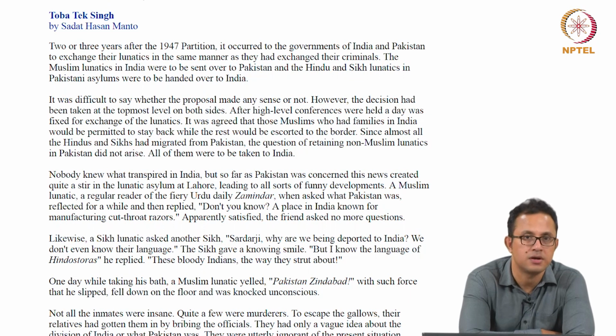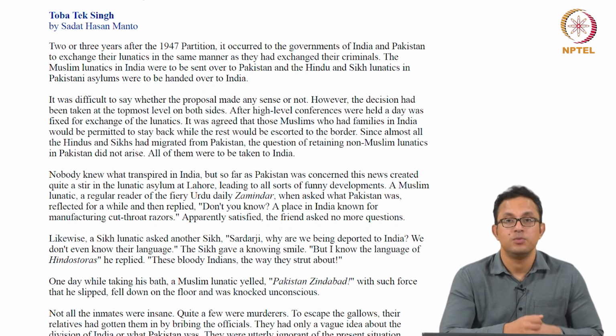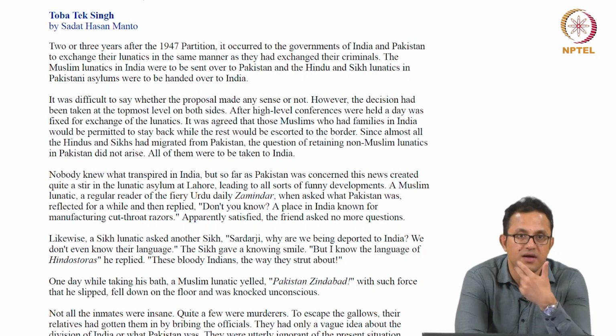Now the original story is of course in Urdu, which is a language that Manto wrote in, and is primarily based on what is now Pakistan. So a lot of his fiction, a lot of his writings, they deal with partition, they deal with the trauma and the violence of partition. There are more graphic stories as well, but I chose this particular story because I think it resonates very well